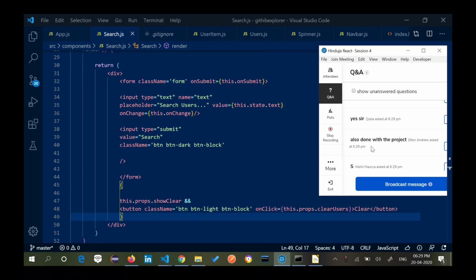Is everyone very much clear? We are not yet done with the project. Exactly the things we want to do are being done, but how many of you are finding the concept of props moving up and down to be not easy? How many of you can give me a confirmation that the data passing from the props is very confusing?